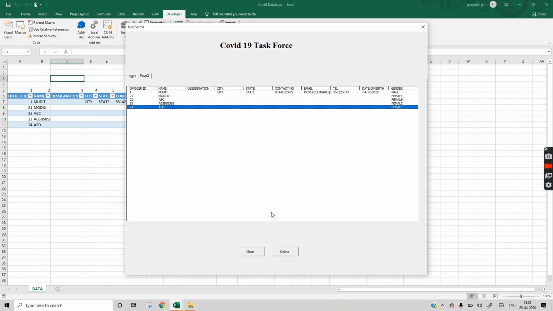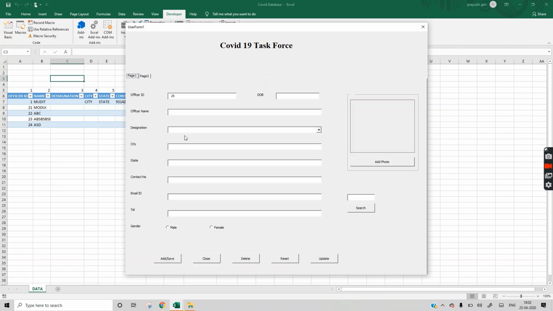So if we select ASD and press delete, it is not deleting. Okay, so the delete button is not working properly.